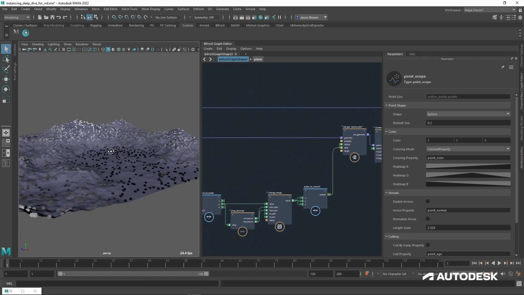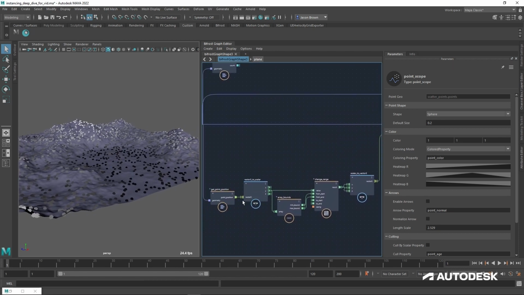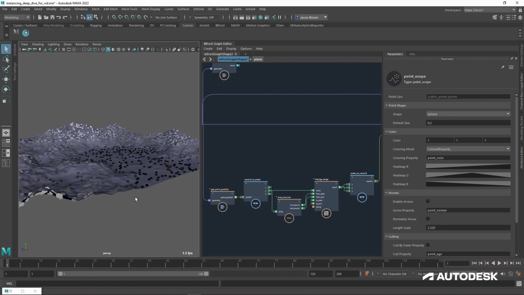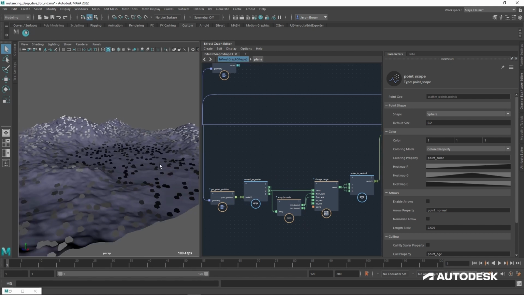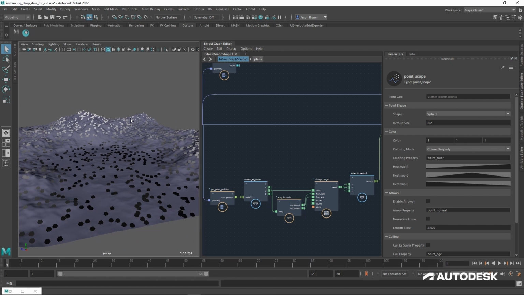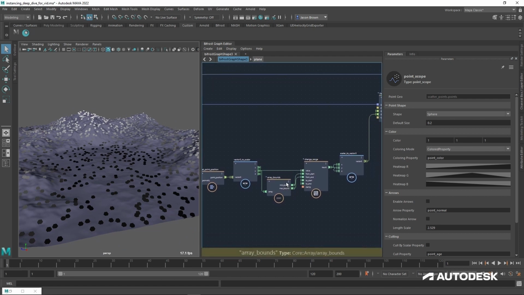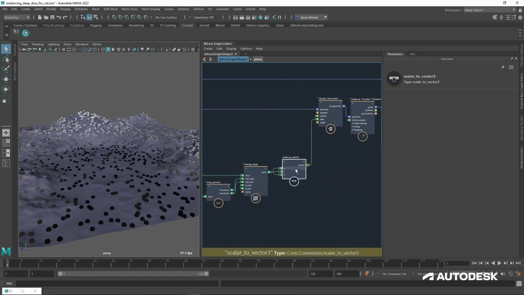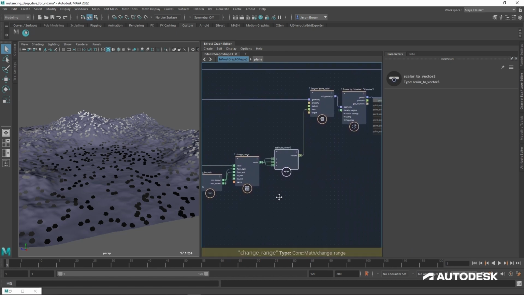So what this is basically doing is taking the height, the Y value of each point on this plane, squeezing it down from -0.5 to 4, or whatever it was, down to 0 to 1, and then putting it all out into a vector, which is becoming a color for us. What we want to be able to do is adjust that.